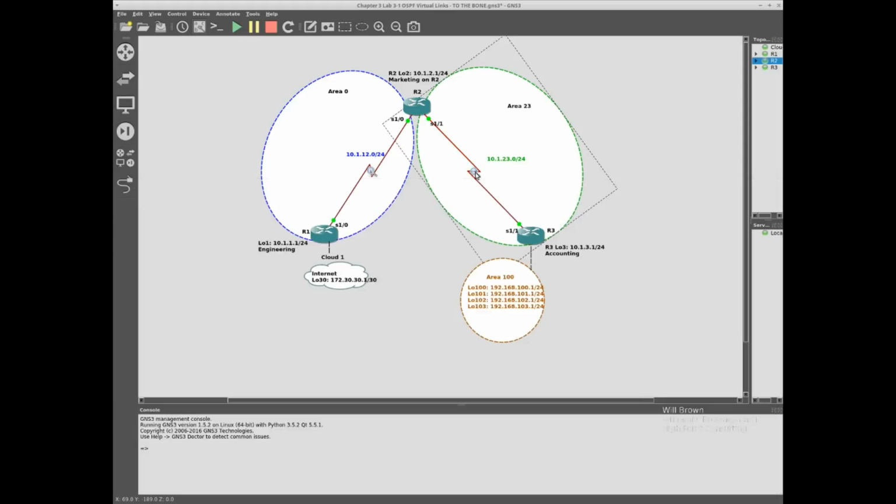Let's see, I want to stop that capture, and I want to start a capture.